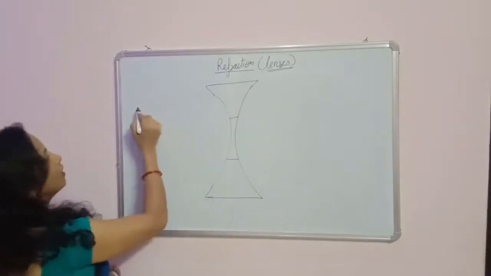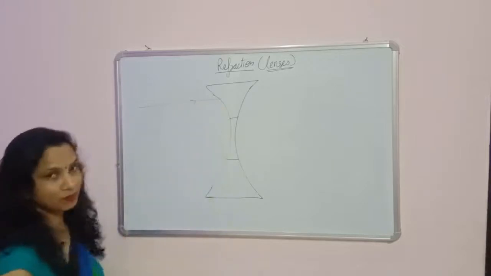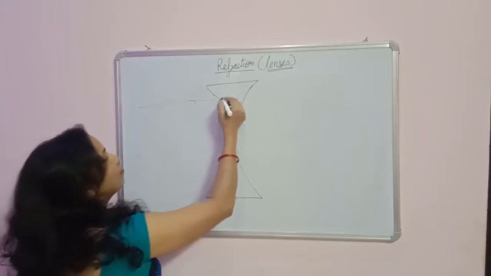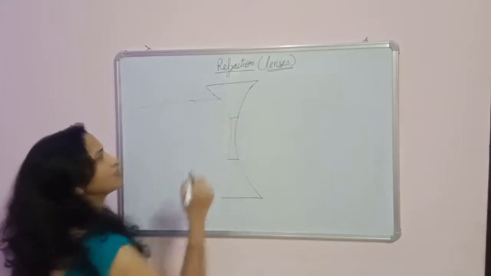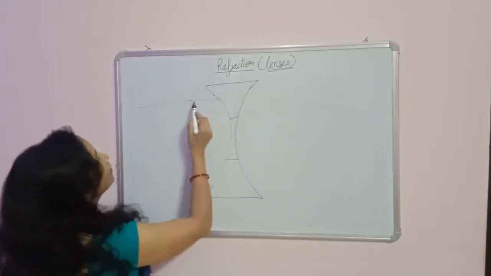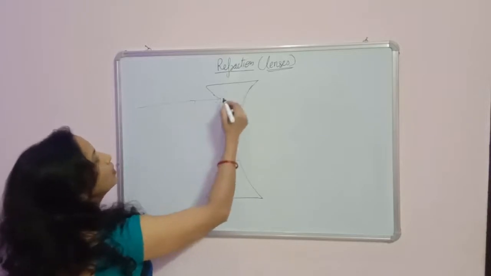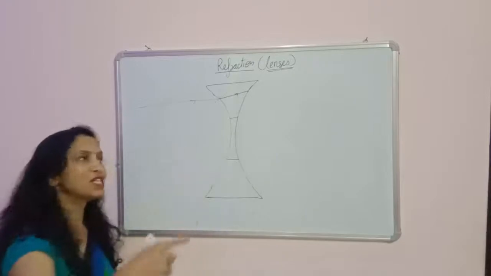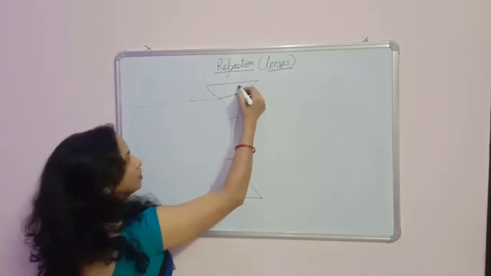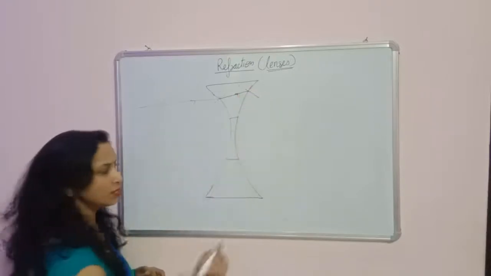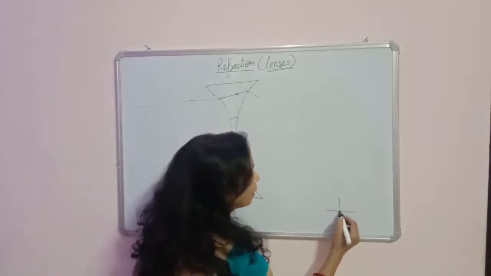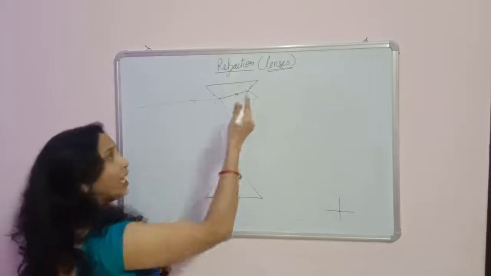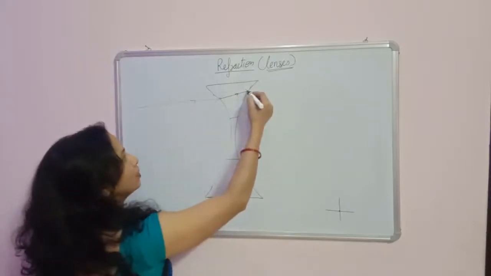So what will happen when light passes through the prism? When the light is coming like this and passes from air into the glass, it will bend towards the normal. The light which is coming like this, this is the normal, and it will bend towards the normal like this. Again, when it passes from the glass into the air, this is the normal. Normal means if this is the surface, the perpendicular at the point is called the normal. So this is the normal at this point and it will bend away from the normal like this.